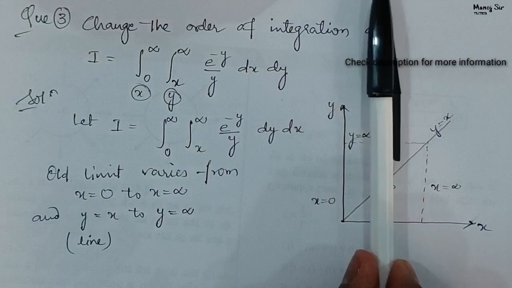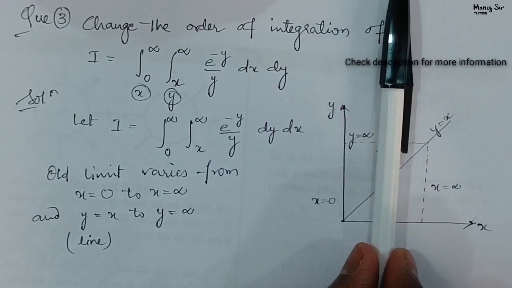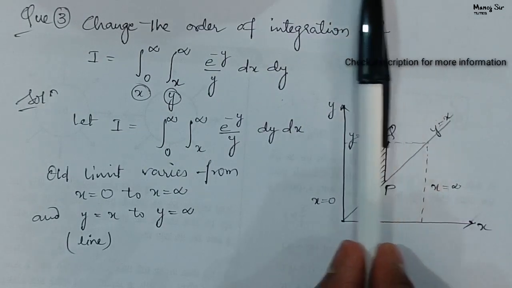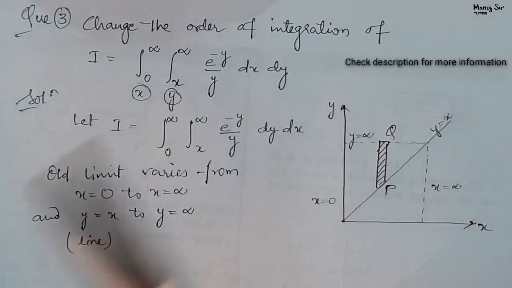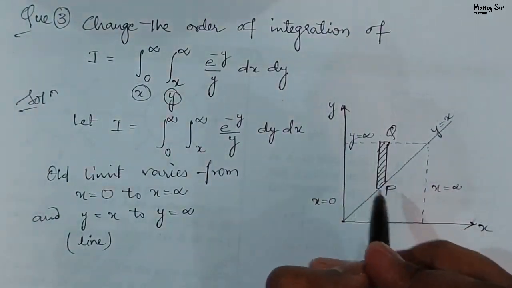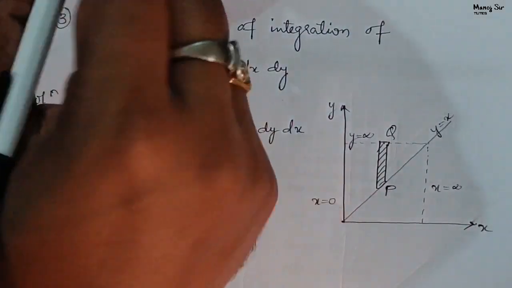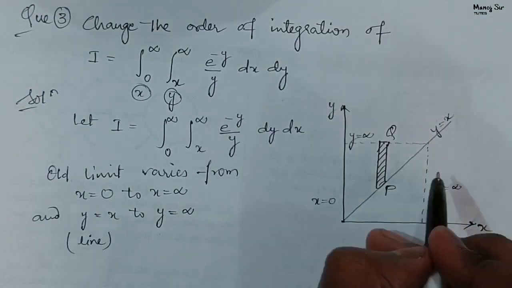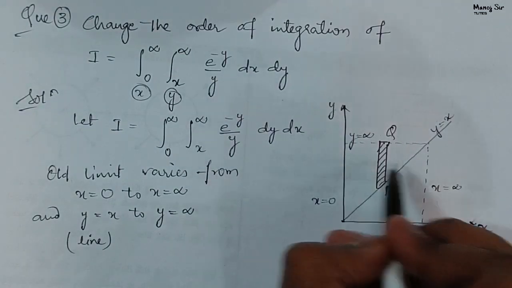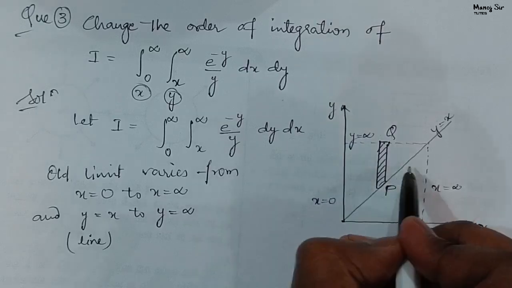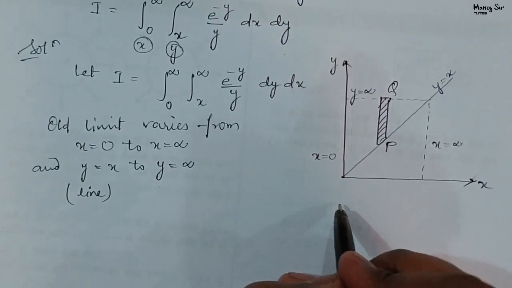Now here again you can see it will move from x equal to 0 to x equals to infinity. Fine, this is okay. Now we need to change the strip. We have to change the strip. If you wish, you can draw another strip horizontal here, but I am drawing